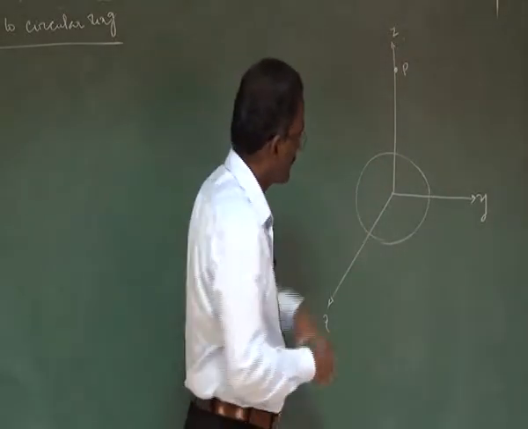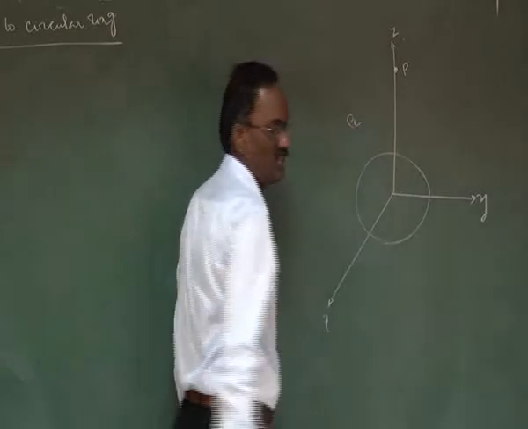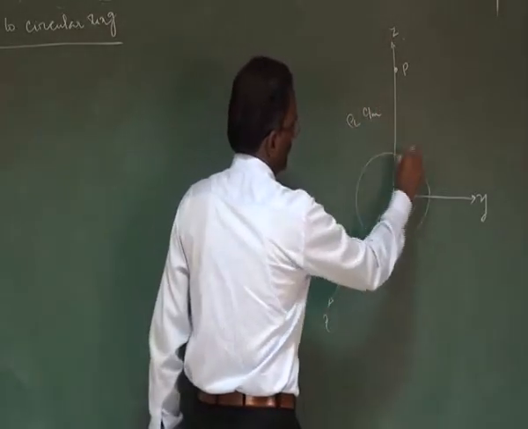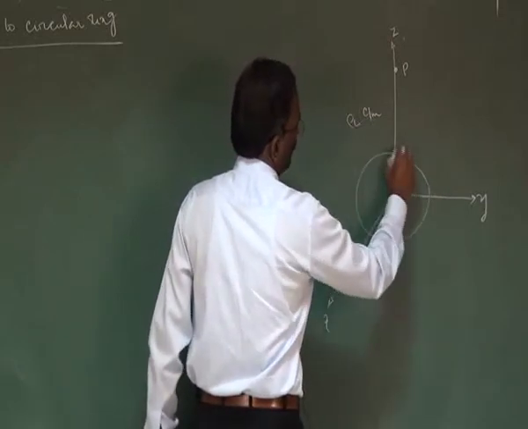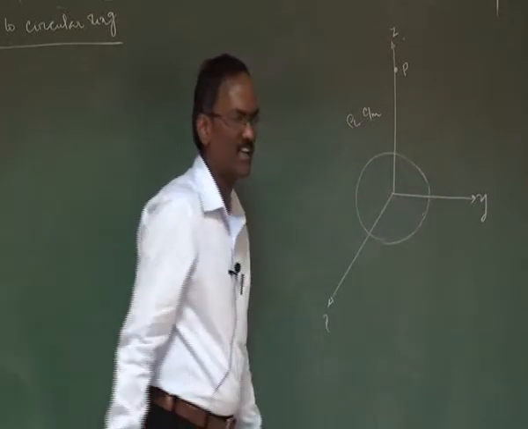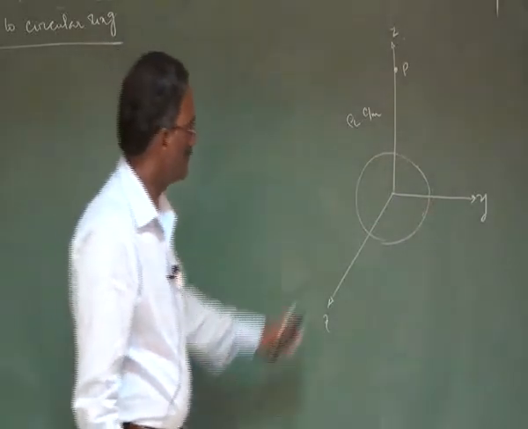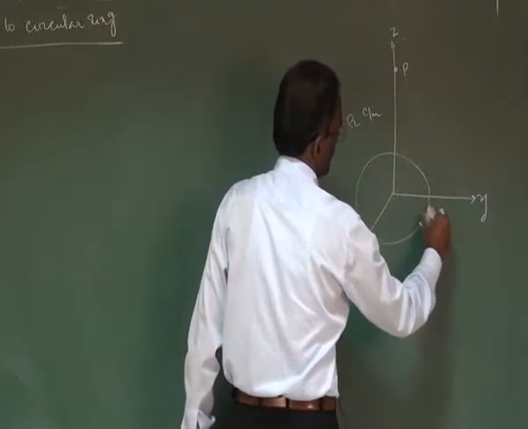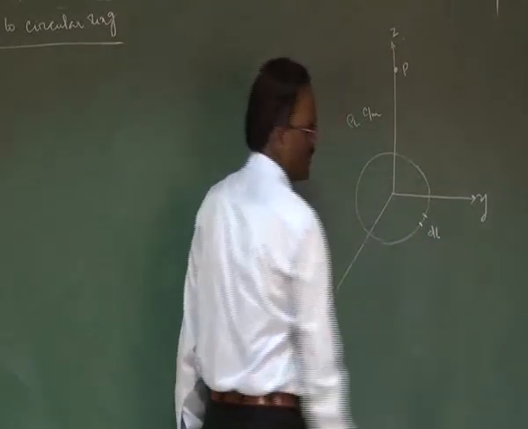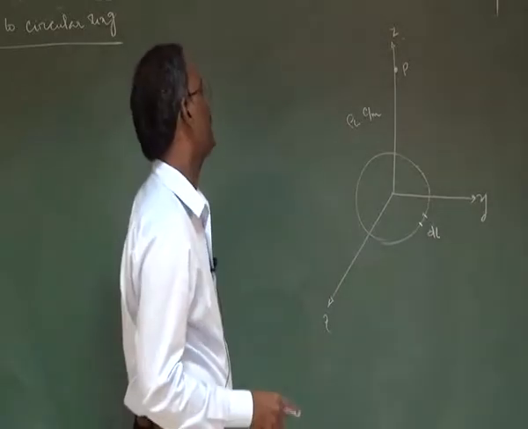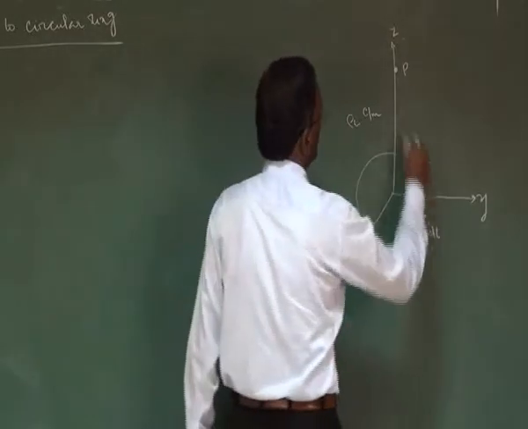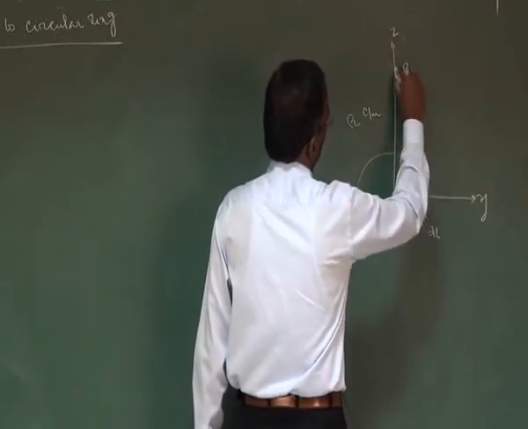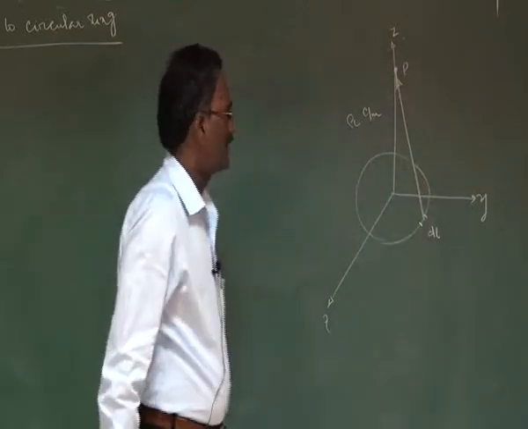Now, again the circular ring is having the line charge density of rho suffix L coulomb per meter, right? Infinite number of point charges are assumed to be distributed along the circumference of this ring. So, they are uniformly distributed. Again I am considering a dl on the circumference of this ring. Due to this dl, I am calculating what is the value of E available at this point. So, this way I must draw the vector r.